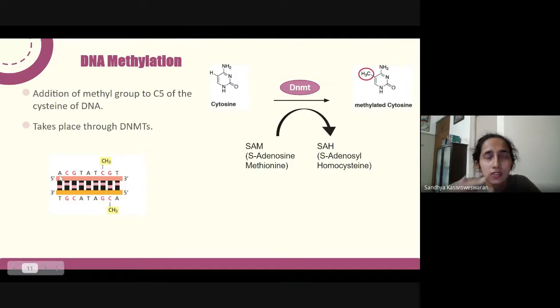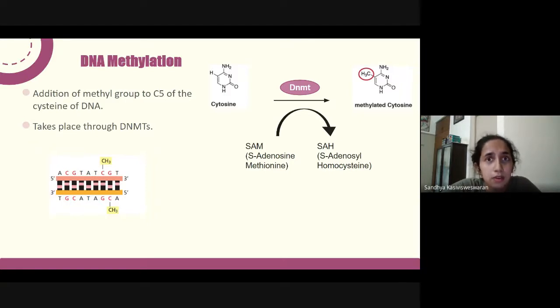What it is that whatever change you have on one strand of your DNA should ideally be reflected on your other strand of DNA. So if I have C and G right next to each other, as you can see, this methyl group here is reflected here. And it is reflected only because a C pairs to a G and the G is right next to this C. If, say, for instance, this G was a T, this would be an A, and you wouldn't have a methyl group because A does not get methylated, C gets methylated. So, for the simple reason that whatever change you have on one strand of DNA needs to be on the other strand of DNA, it's CG that gets methylated.